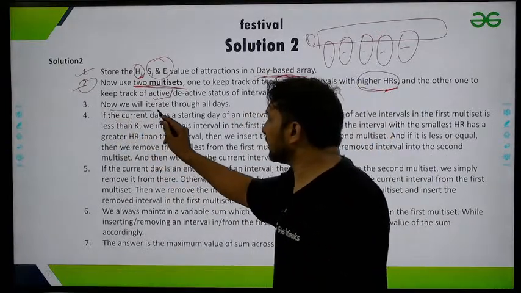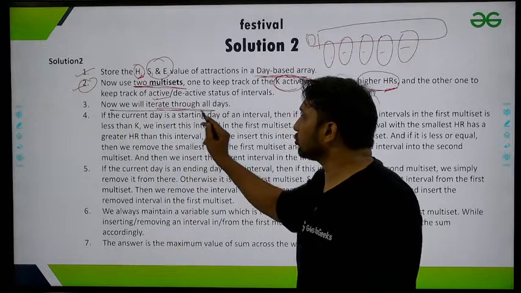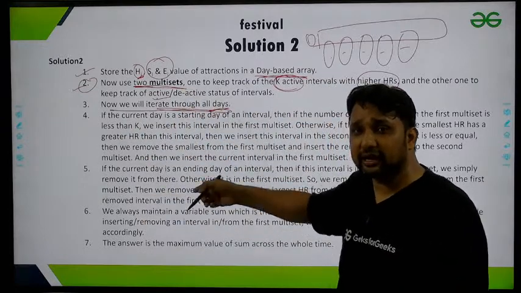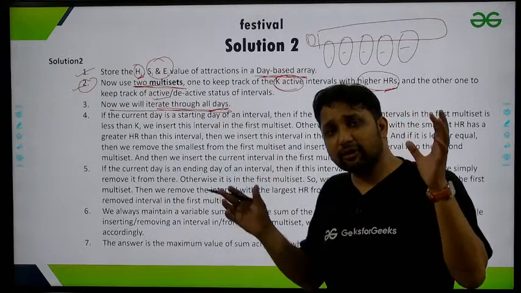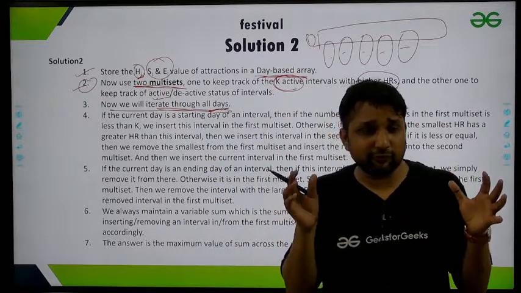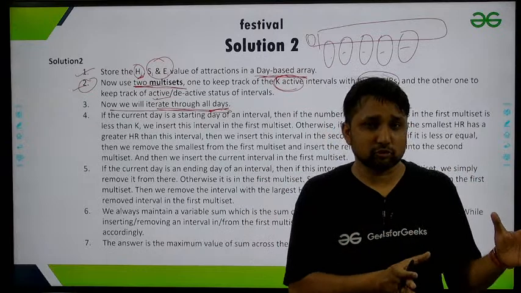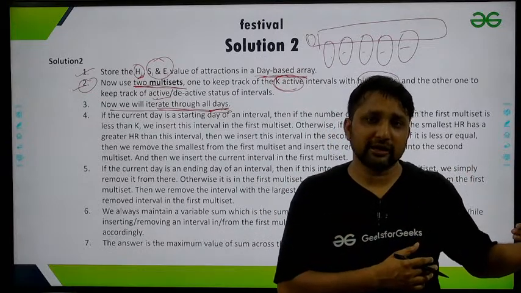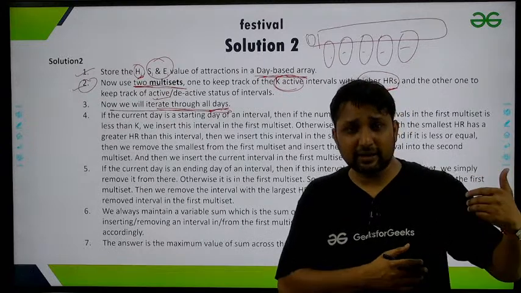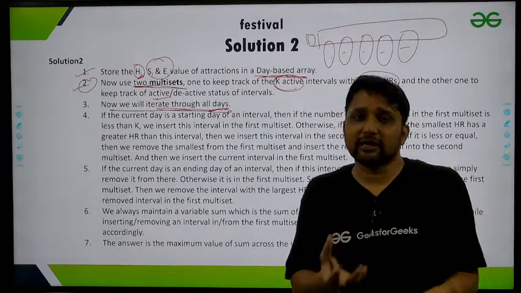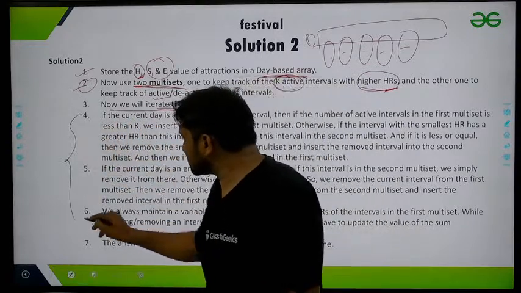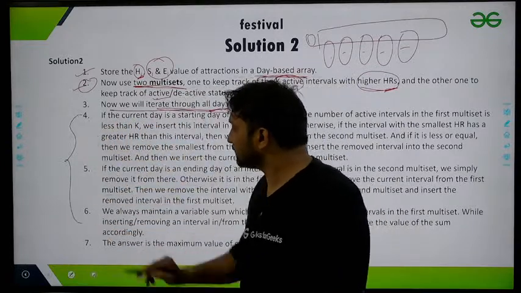After that, we will iterate through all days. Yes, we were iterating from the first day, second day, third day, fourth day. We were comparing their maximum solutions, and at the end, after comparing all the days' maximum happiness, whatever we get is our answer. Okay, so in these three steps, 4th, 5th and 6th, you are